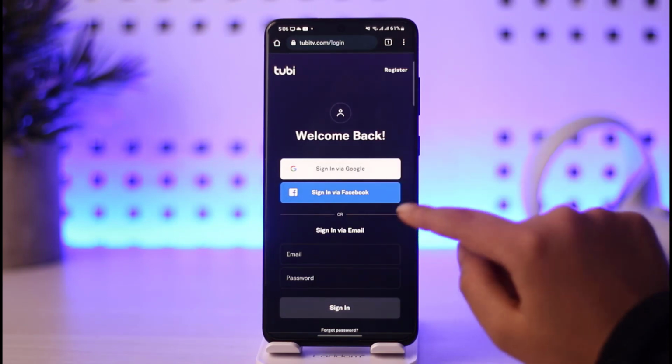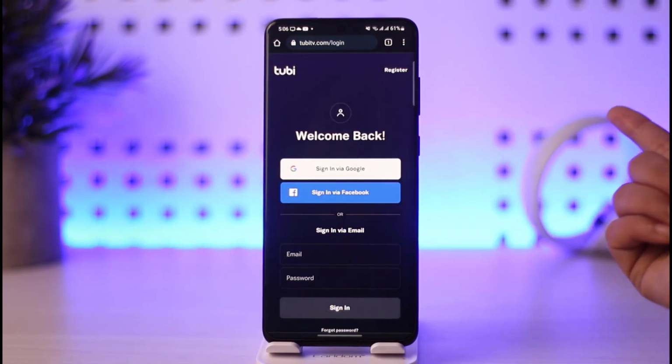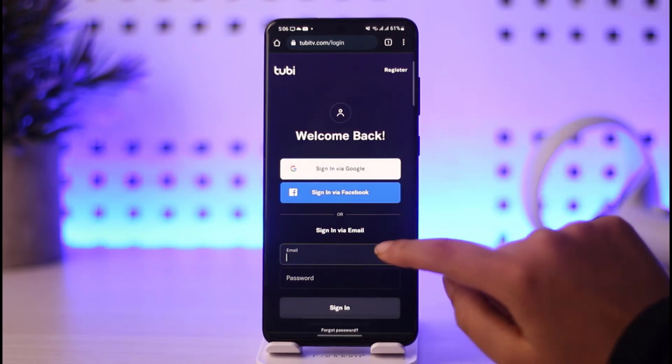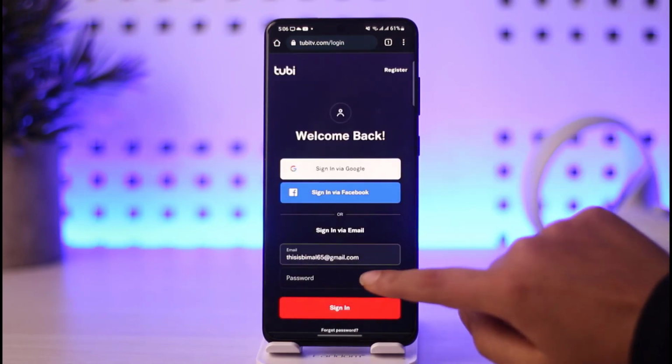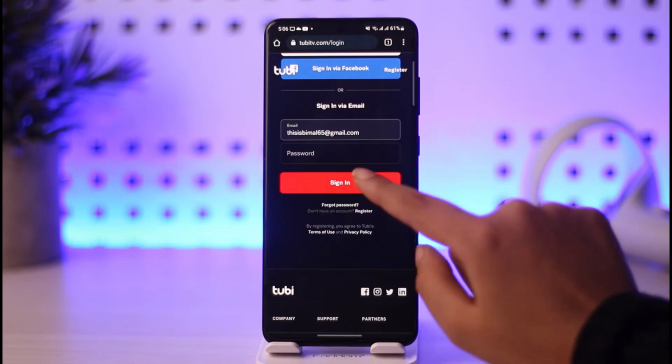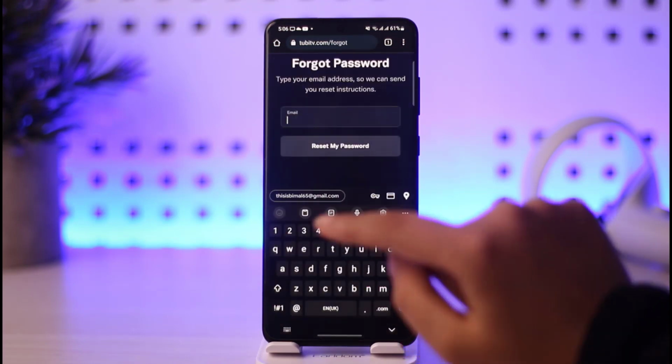If you sign in with Google, it's simply your email. Go ahead and enter your email over here. Once you're done entering your email, instead of the password option, tap on forgot password,